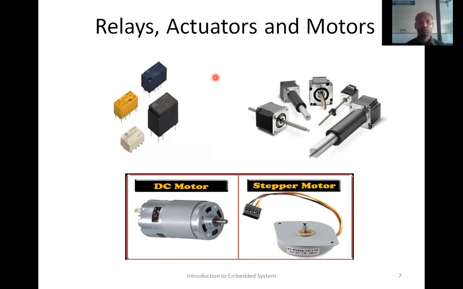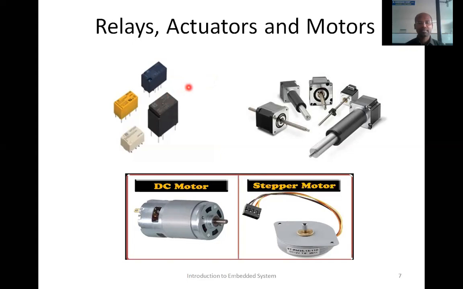If I want to control an LED, high or low, that can be done by using a transistor, or that LED can be directly connected to the microcontroller. But that is not the case if you want to control a motor. If you want to turn on or turn off the motor, then we cannot use a simple small transistor. We have to use a relay.